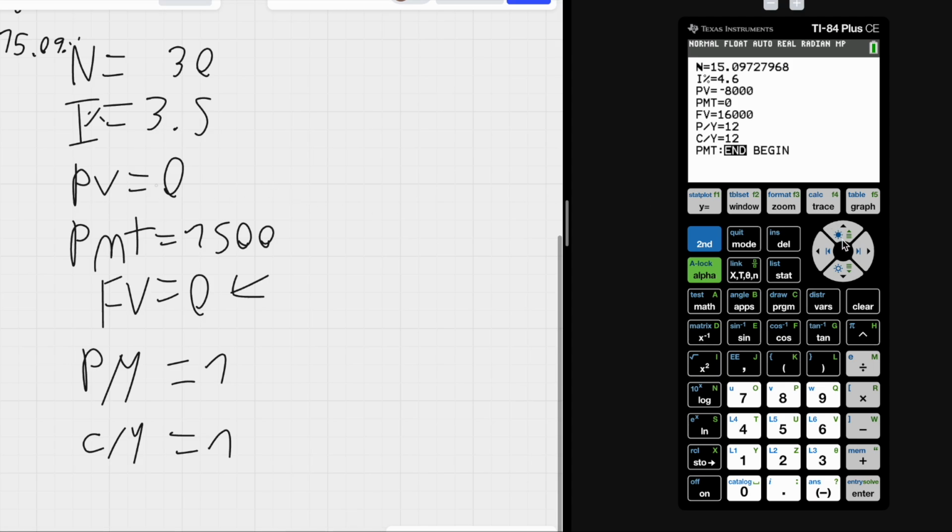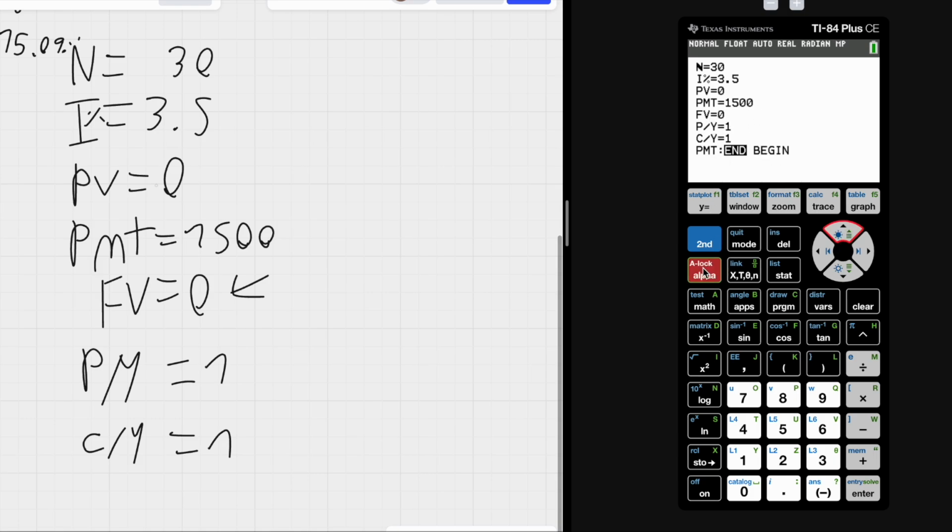So we're going to put our data here, and 30, 3.5, 0, 1,500, 0, this is the value that we are finding, 1 and 1. So we